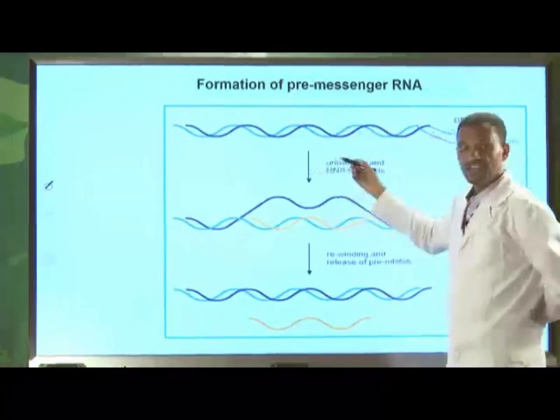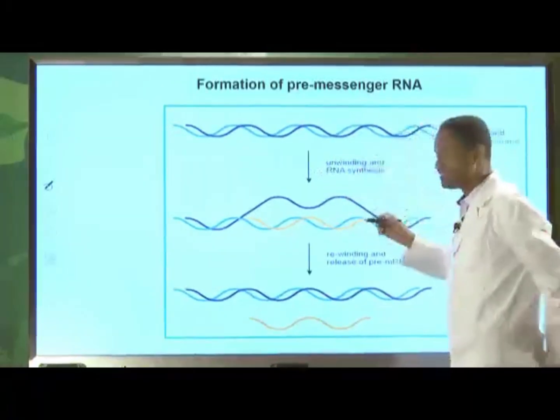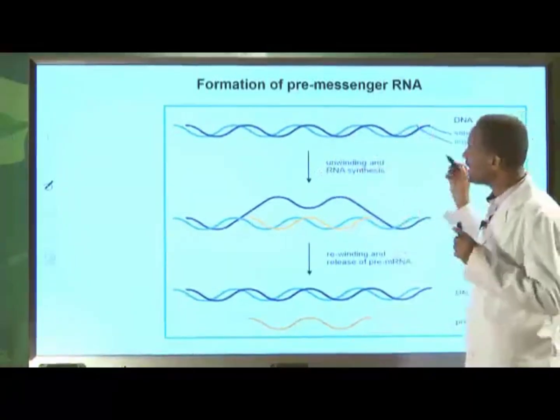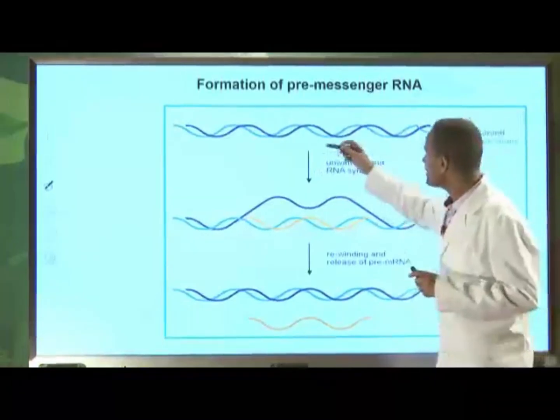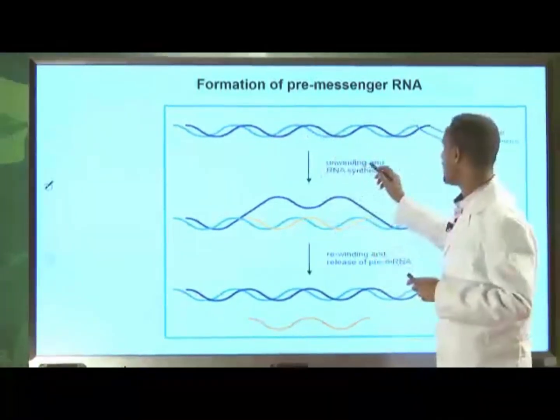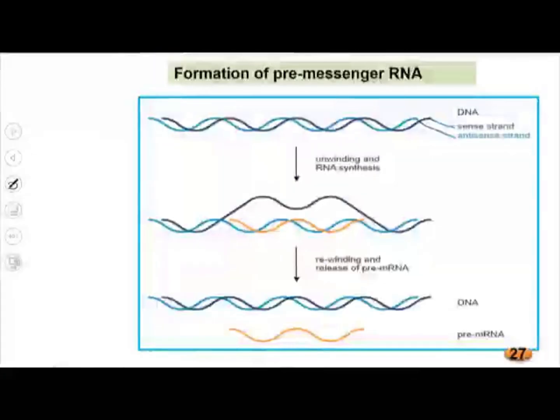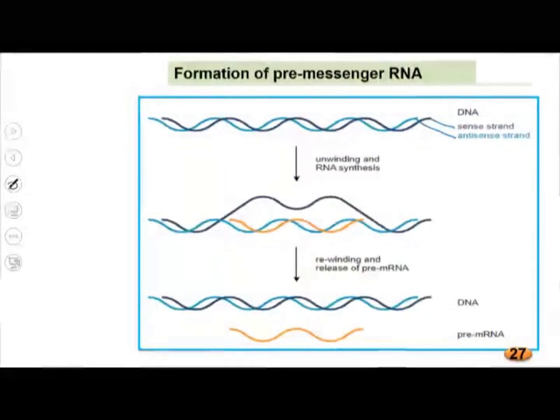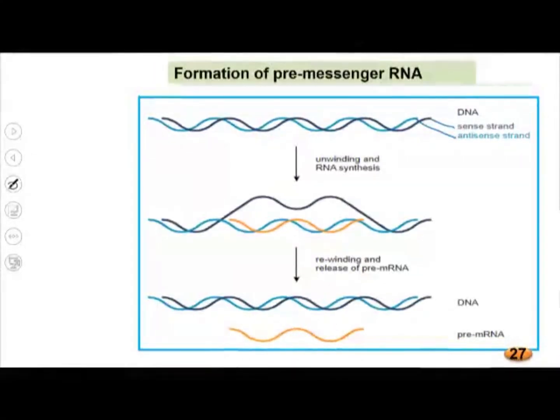Like DNA replication, the first stage of DNA transcription is unwinding. That means it starts to open up here, unwinding, and RNA synthesis starts. Then when they start to unwind,